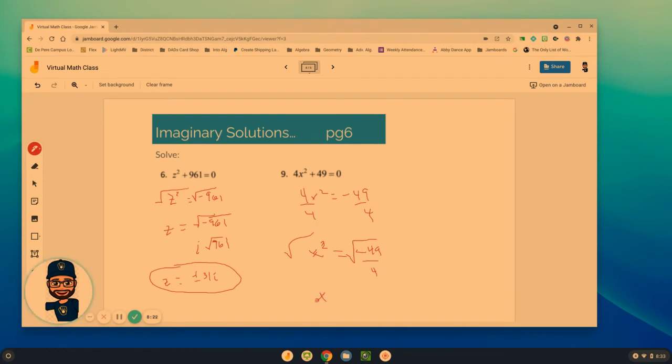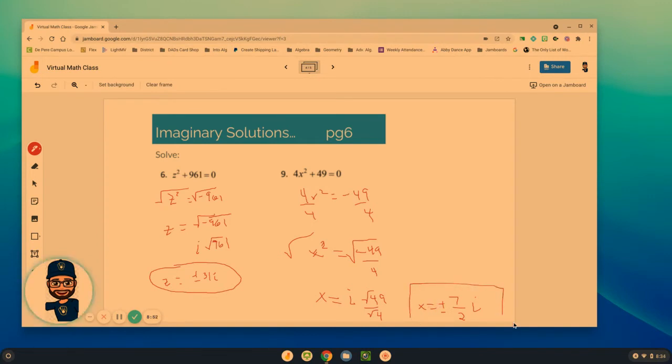So x equals, instead of being able to take the square root of a negative, I'm going to put the i on the outside and now look at square root 49 over square root 4, which gives me 7 over 2i, but I'm going to put the plus or minus on the front so that x equals plus or minus 7/2